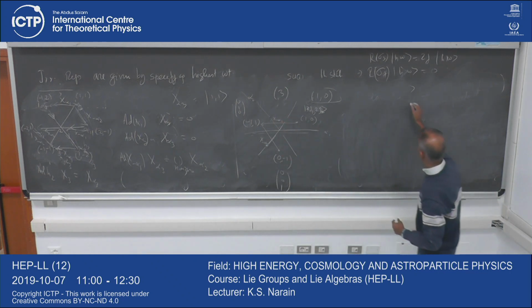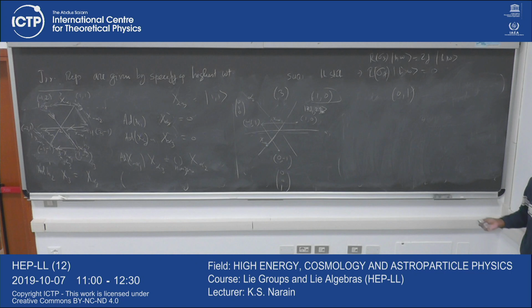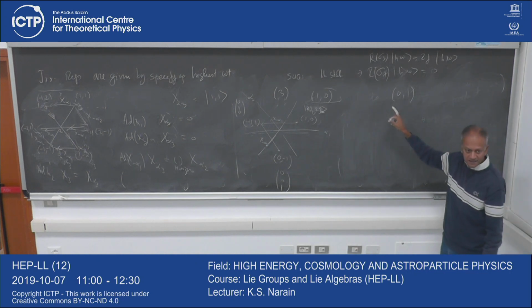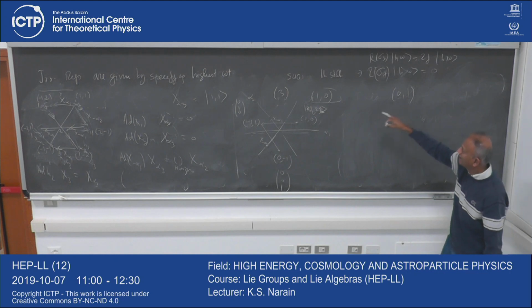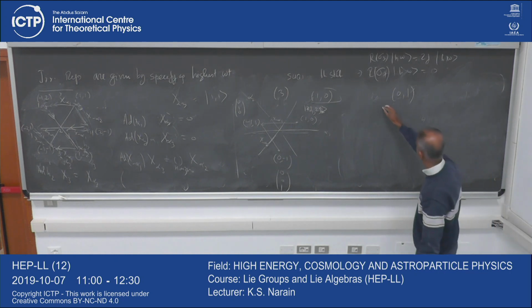But I could also start with the highest weight 0, 1. Right? That's another. I mean, we have to consider all possibilities of all non-negative integers, right? So the smallest ones are 1, 0 and 0, 1. And in 0, 1, what will I get? Again, if I draw this picture,